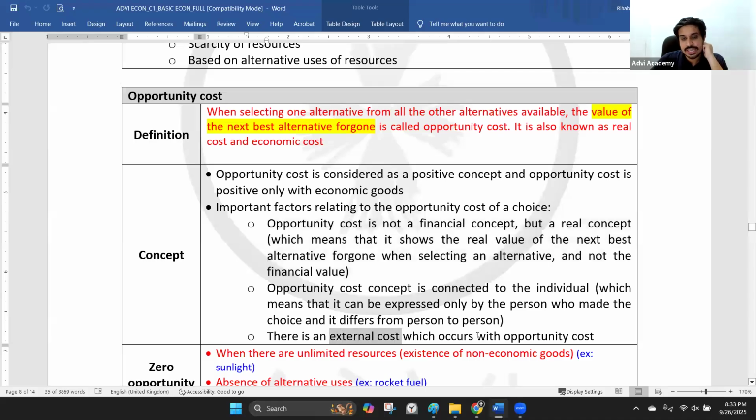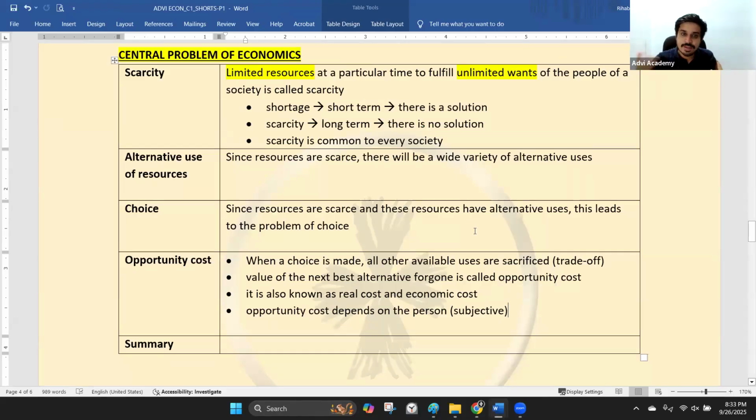Finally, we are also saying there is always an external cost with opportunity cost. This is something we will learn in chapter 8 again. External cost means whenever we make a choice, there will be some other external impacts from it. For example, if you get up early in the morning and start digging your garden, that's good for you. But for your neighbor, at 4 o'clock in the morning, when you start some economic activity, he will be sleeping and will remember your ancestors. So that is an external impact. There are those kinds of things that also have to be considered.